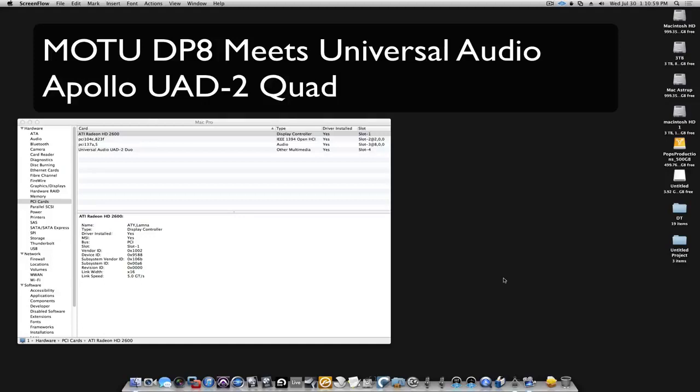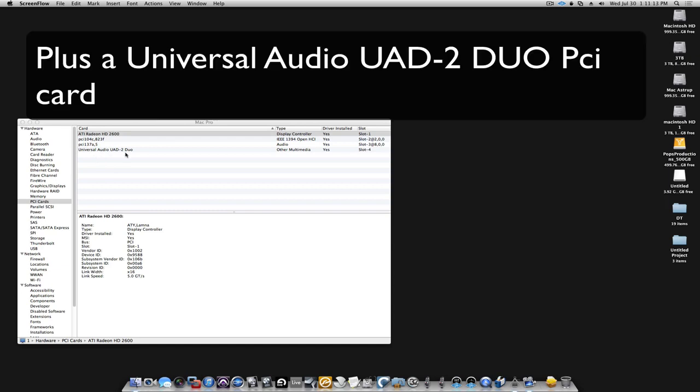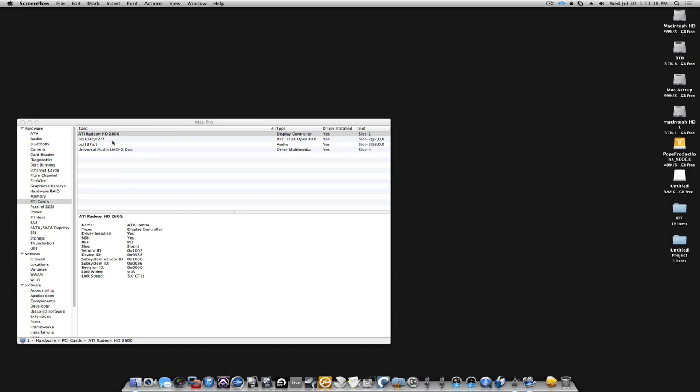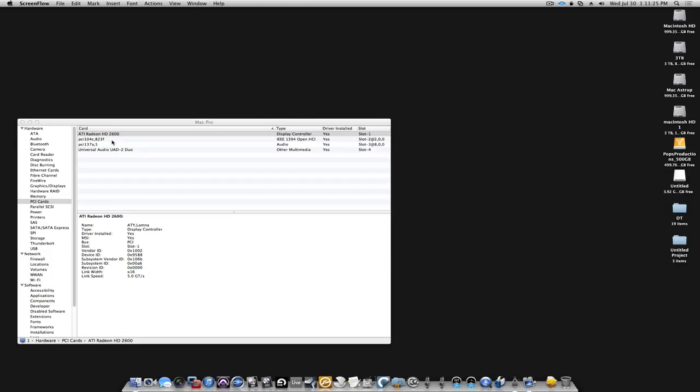I just wanted to show you DP and MOTU interfaces working together with a Universal Audio UAD-2 Apollo. What I have here on the Mac is also a Universal Audio UAD-2 DUO card sitting in one of my slots, and I have a PCIe card that handles extra FireWire buses, and that's where the Apollo is attached to. And so the Apollo sits on its own dedicated FireWire bus to make sure we have full bandwidth